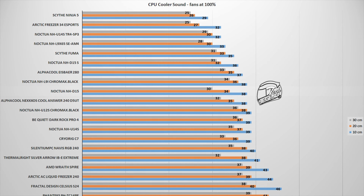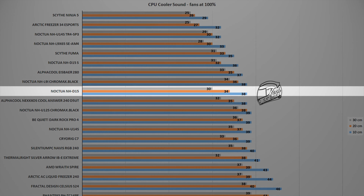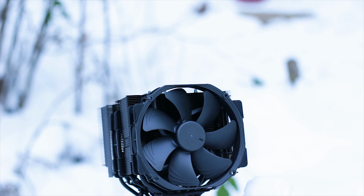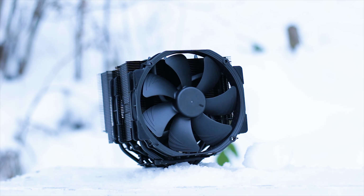The NH-D15 chromax.black edition reached a maximum sound of 38 decibels, measured at a distance of 10 cm away from the system. This measurement was taken with both fans spinning at their maximum speed of 1500 RPM. And as you could hear in the previous segment of this review, the sound signature of this cooler is smooth and the fans have no bearing noises or vibrations that are being passed into the rest of the cooler and